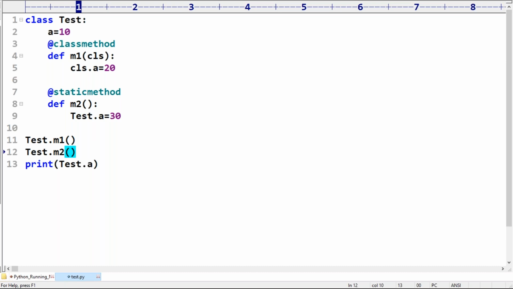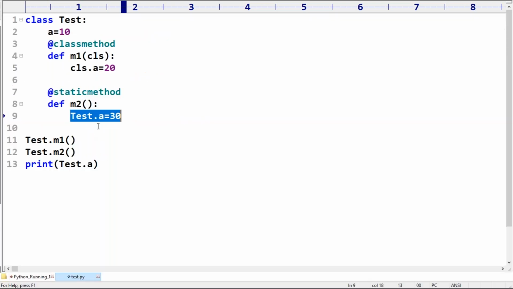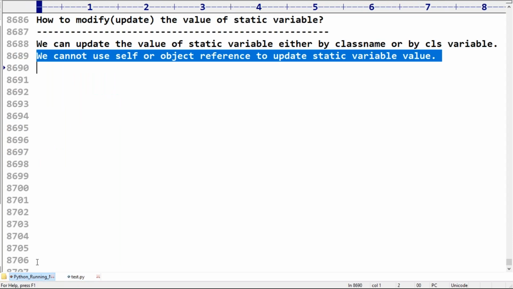What answer are we going to get? 30, because here we update the same static variable. If you want to change the value of a static variable, compulsorily we require either the class name or the cls variable. There is no other way to update the value of a static variable. Remember carefully.